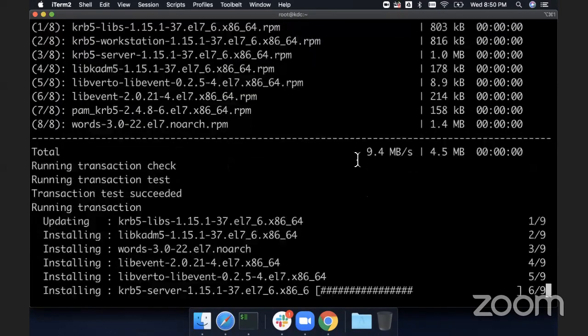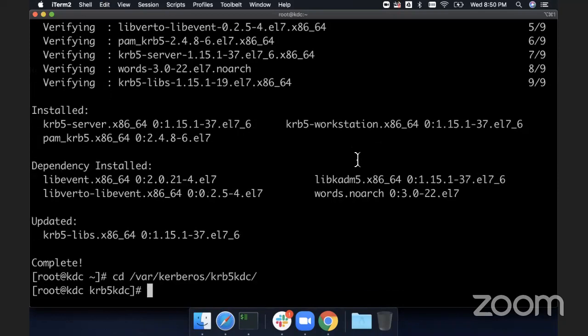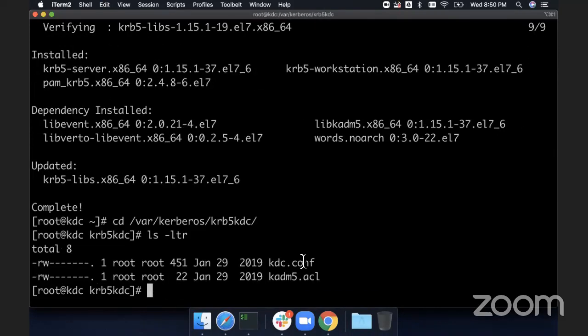Now the installation is done. We can paste that path and run ls -ltr. You can see there is a configuration file and an ACL file. You have to open this configuration file,